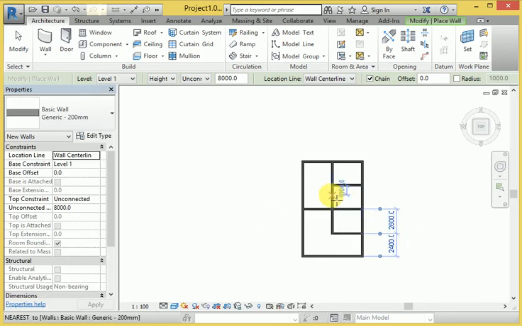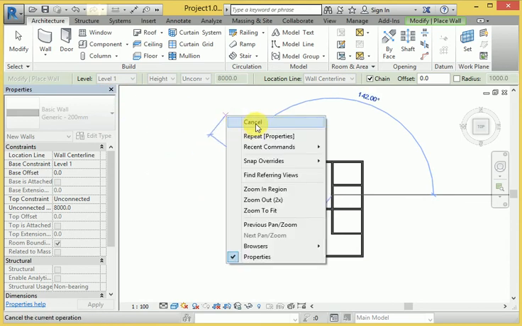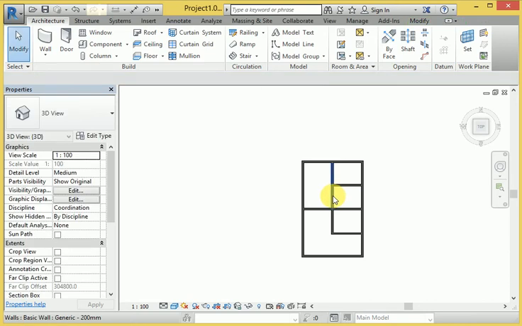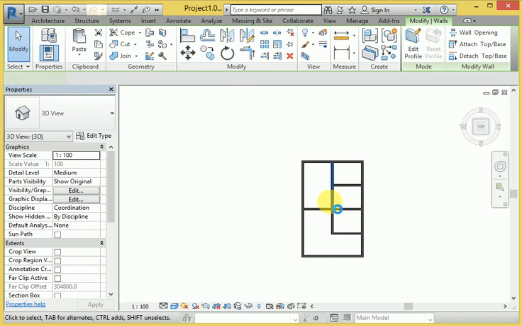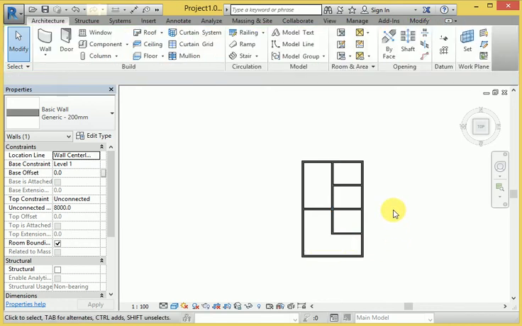If I change here and exit right now, if I click this particular line, it provides the particular size and shape. If you change here, you can see that.